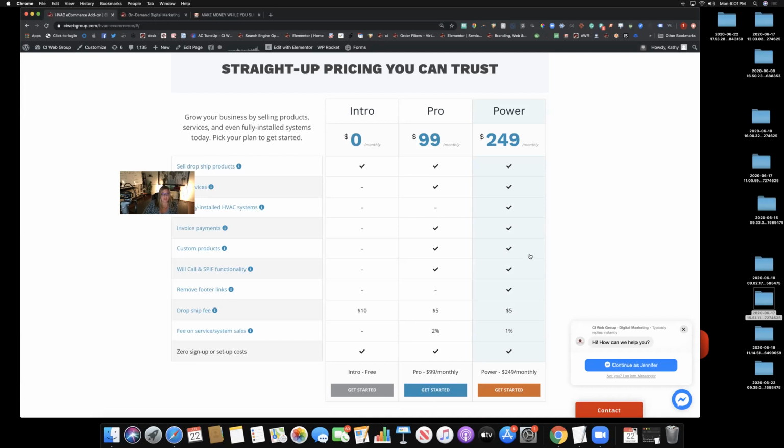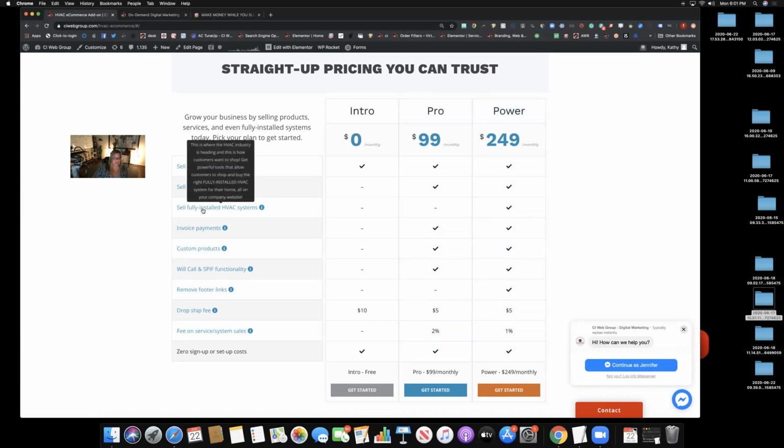with how they want to take their e-commerce to market. This includes the ability to sell and drop ship filters on monthly recurring or one time. You can also build in unlimited amounts of services that you want to sell online, again, as a one-time or monthly recurring subscription. You also have the ability to sell fully installed HVAC systems. This is where a consumer can come and they can search by heating, air conditioning, or both, choose the size of the home that they have, the space where their system or equipment is stored. So is this the attic, or is it a basement, or is it outside the home, and so forth.